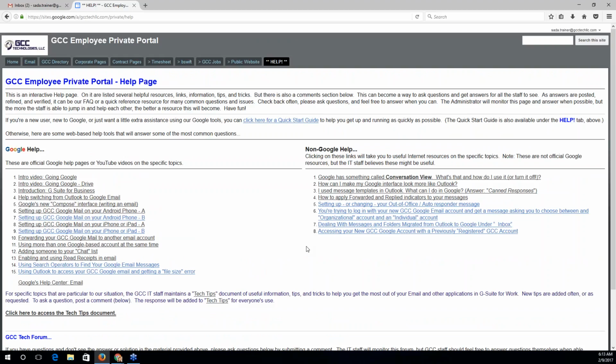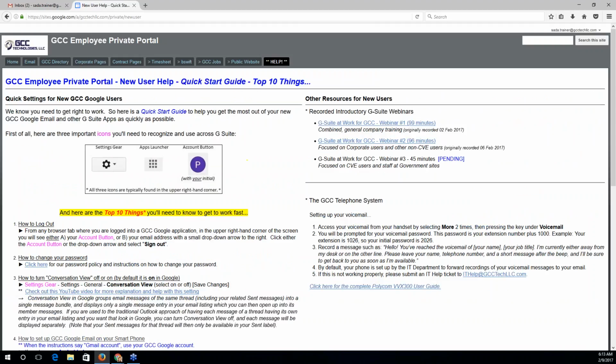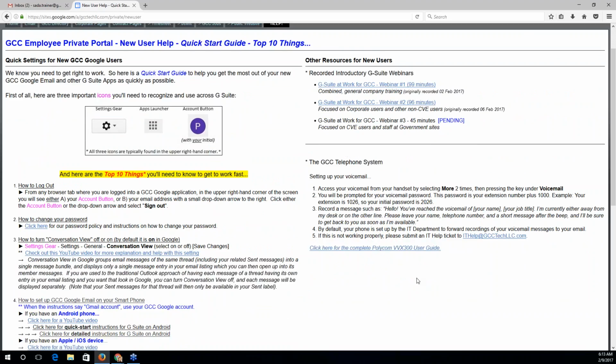The only other one or two things I may highlight: if you hover over the Help button, show that first item underneath, the Quick Start, which is also called the Top 10 Things. If you click on that, if folks are lost and click on nothing else, I think this is probably their best bet for getting up and running with Google super fast.